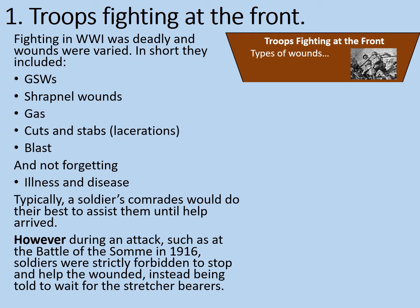However, during an attack, such as at the Battle of the Somme in 1916, soldiers were strictly forbidden to stop and help the wounded, instead being told to wait for the stretcher bearers. This isn't quite as heartless as it sounds. The stretcher bearers usually had bright white and red cross logos on them, which would deter the Germans from shooting at them. It was seen as pretty bad form even in war to shoot at the enemy's medics and stretcher bearers,